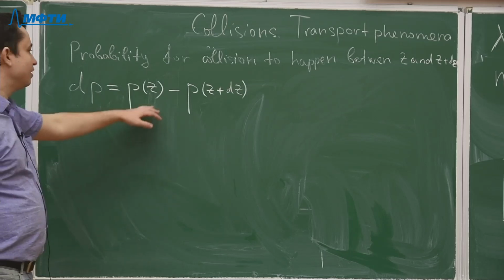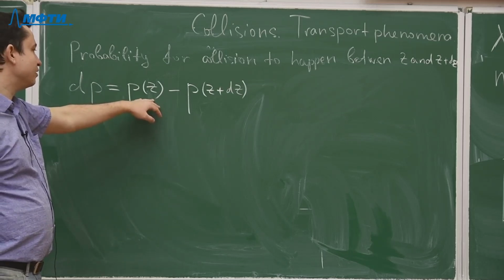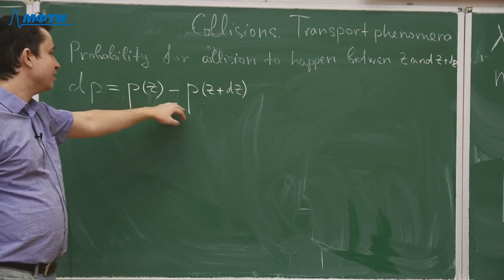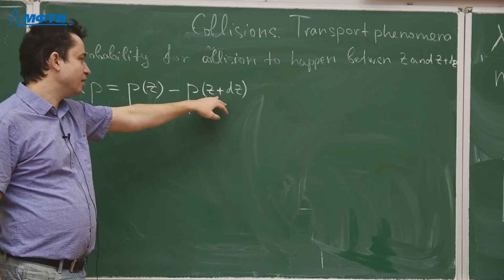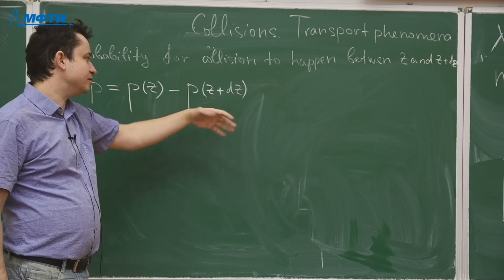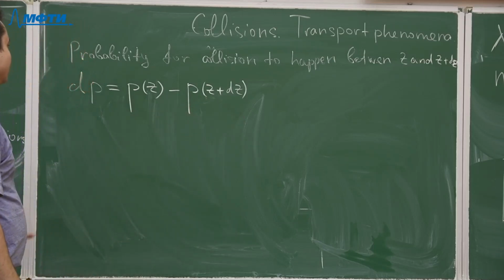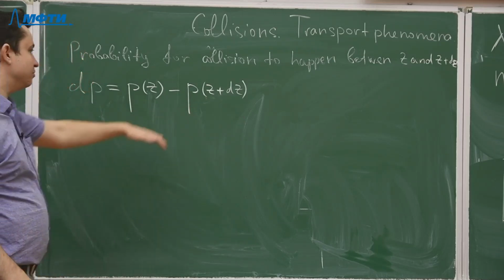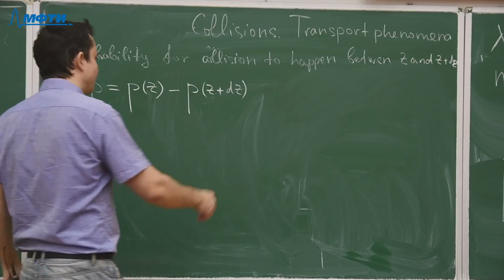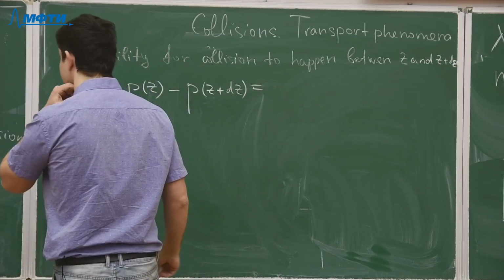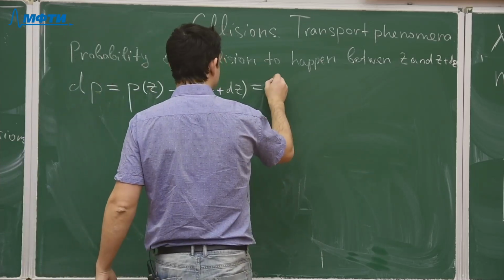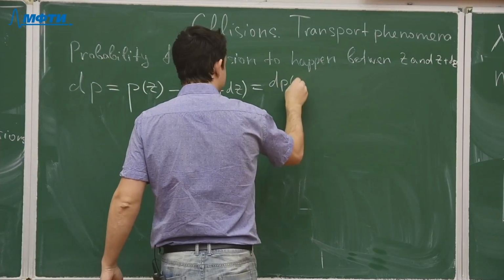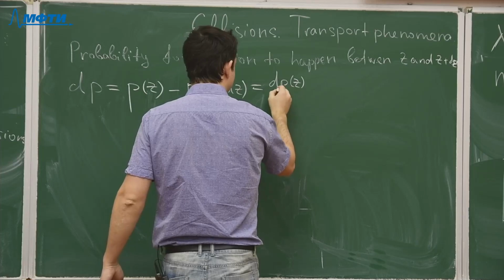So if I have the probability to have no collisions over z and subtract the probability to have no collisions at z plus dz, that would give me exactly the probability to have collisions in between these two. And that's approximately equal to dp of z over dz